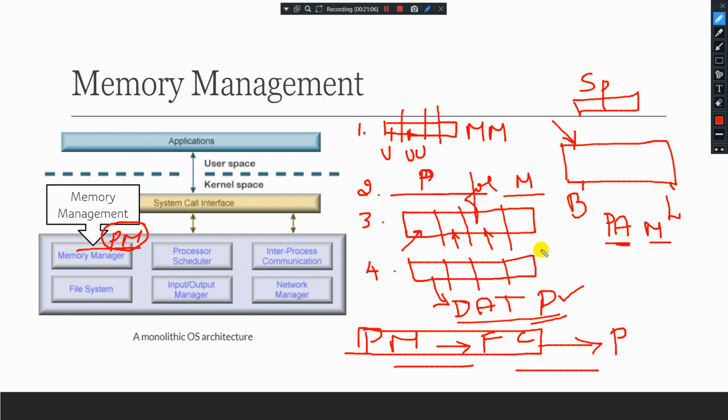Apart from this, there is one more main advantage. It supports dynamic reallocation, which is requested by the external hardware. When I speak about this as internal memory and this as external memory, and I want to transfer the data from external memory to internal memory, then I speak about the dynamic reallocation technique.